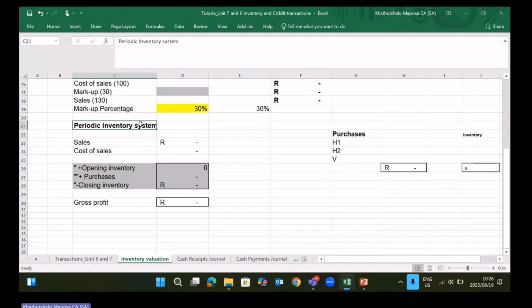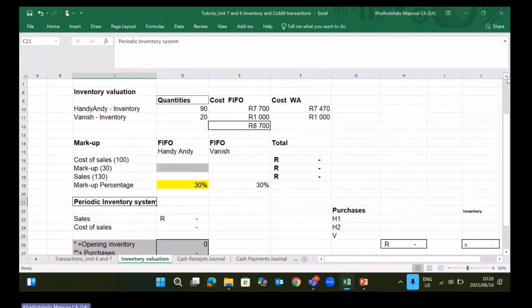So when it comes to what we have just calculated, the value of the inventory at the end of the period, when we said we're left with 90 handy and 20 vanishes,